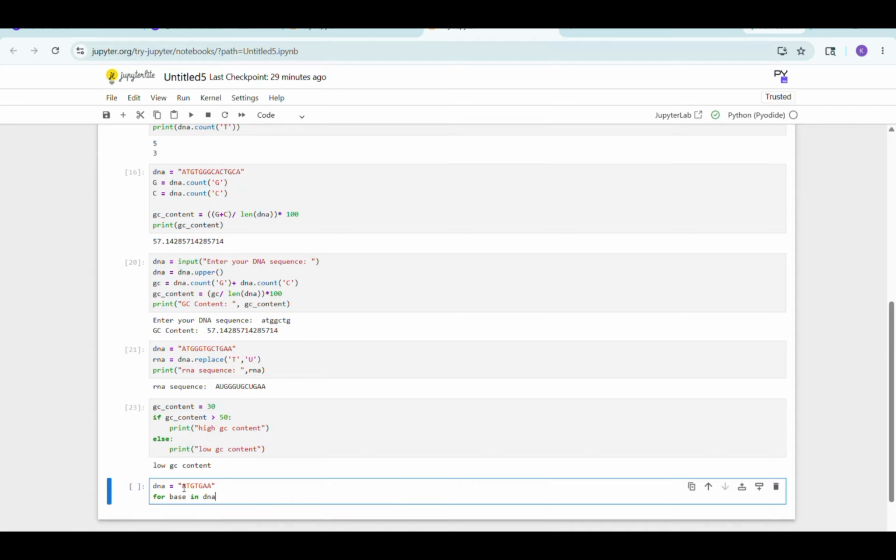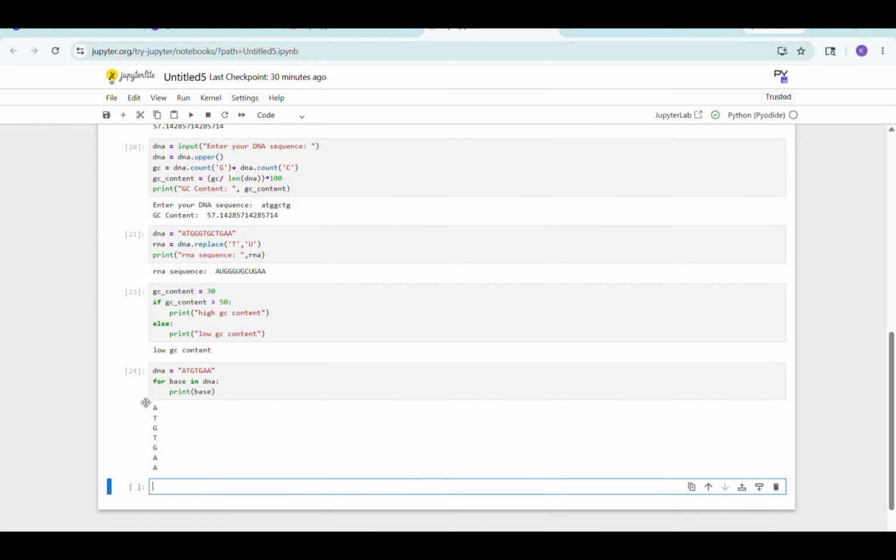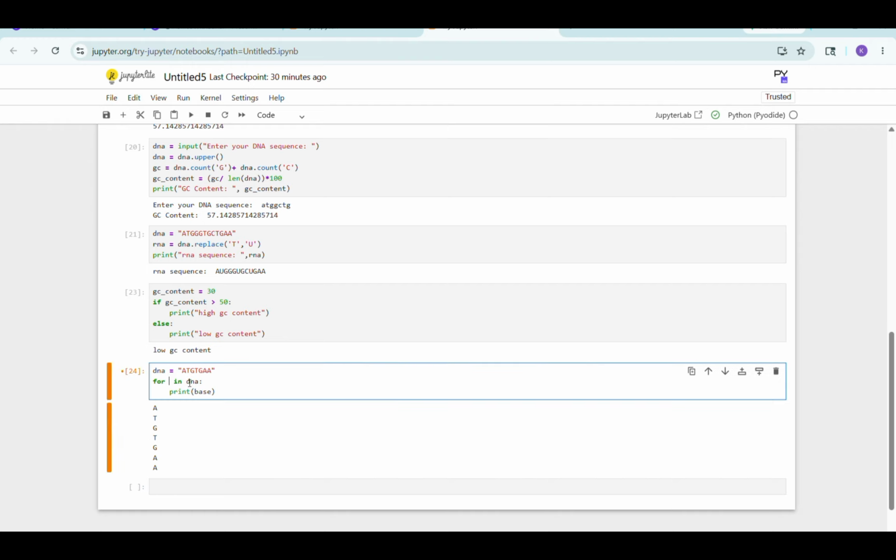That it's gonna iterate through each of the characters over here in the DNA sequence. For base in DNA, print base. So it's gonna print each of the characters, see, like this. Okay, again base is something I've written. You could write anything. For I in DNA,